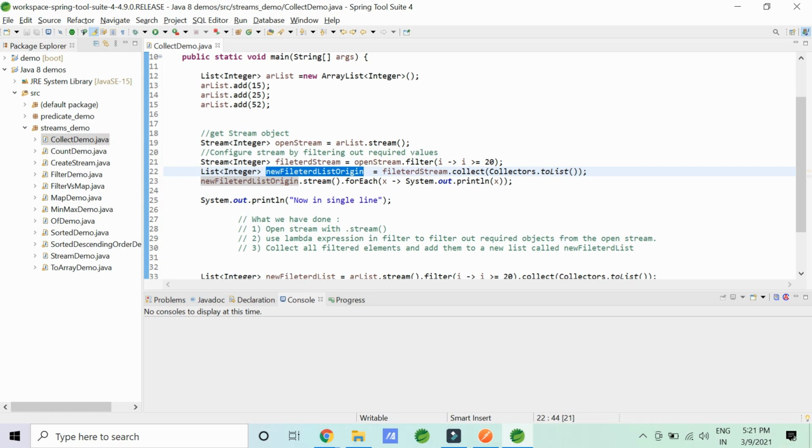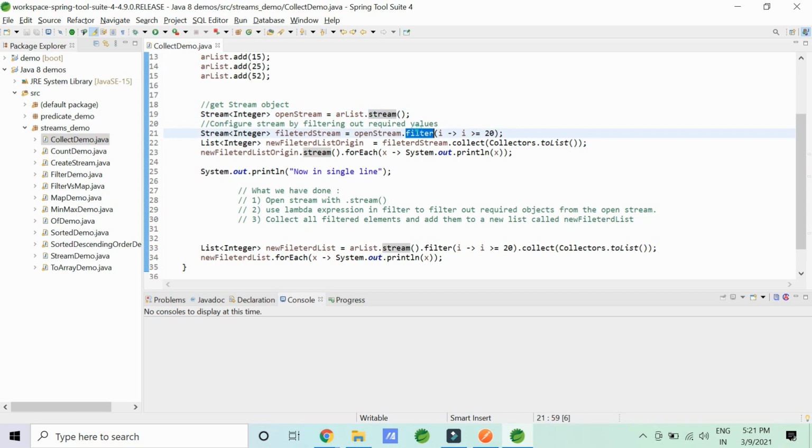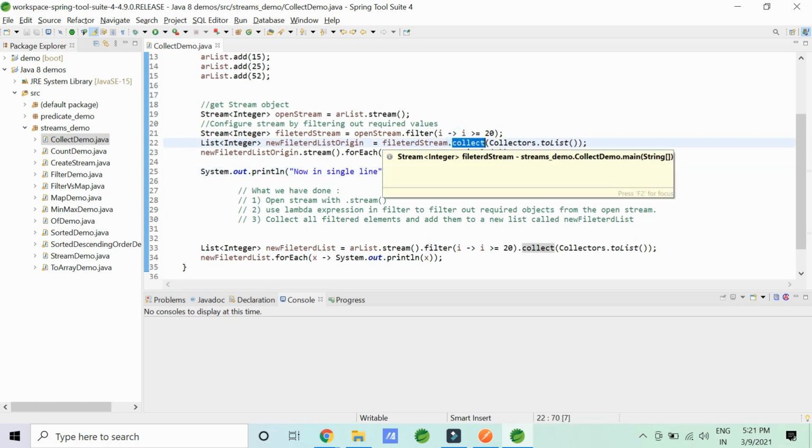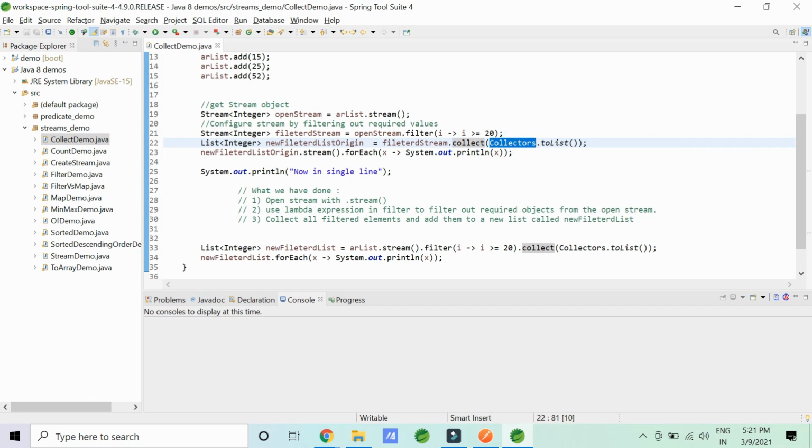And now for each of the collected collection objects, I want to print each of those objects. This is as simple as that. Create a stream, configure the stream using filter or map, and then process the stream using collect. So what does collect do? It collects all the stream objects, which are discrete in the stream, into a collection object, so that you can get a particular object of collection type, that is list or set or map or something like that. So at that time use collect.